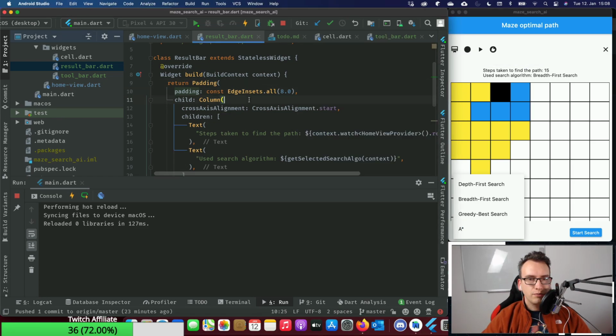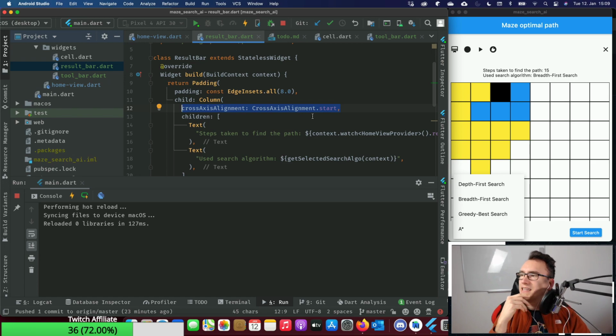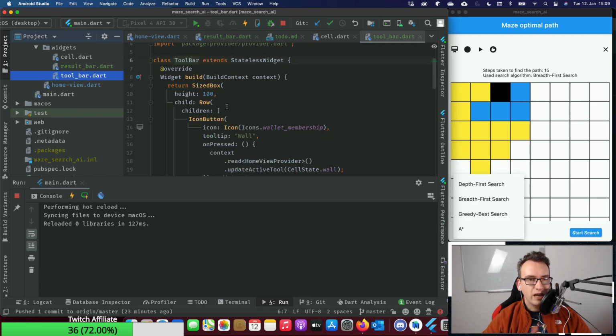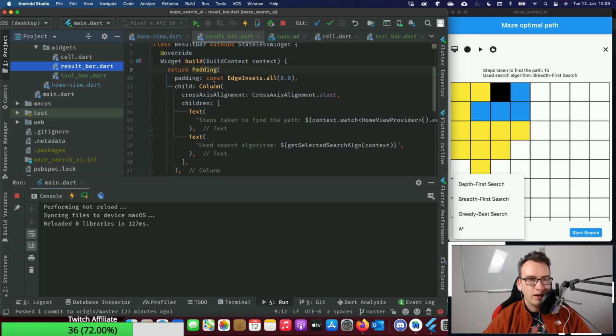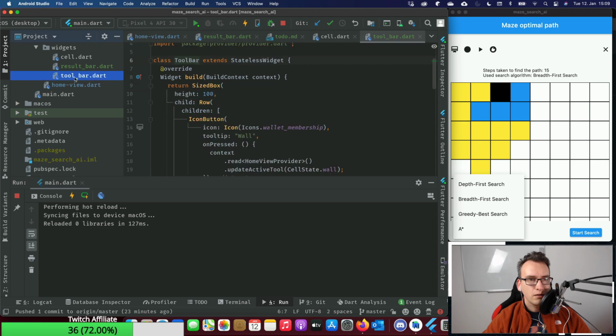But still, I understand that it's not too bad that it looks like it's in the middle of the screen, but somehow it is off, and I don't like such stuff if such magic happens where I don't understand where it comes from, especially if we have already one that works correctly and we have one that does not work the same way. So we have that also in star with a padding. We have a size box with a row.